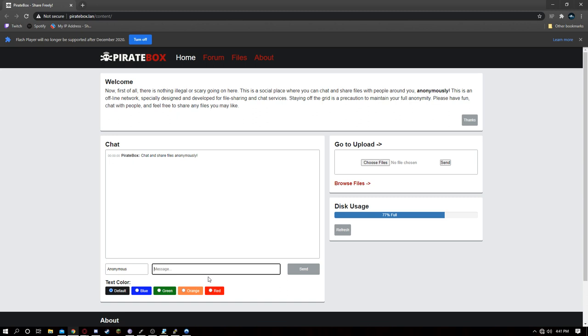As you can see, it brings you to this website, and you can chat and share files anonymously. So I can send this, and I will connect to it on my phone to show you guys that this works